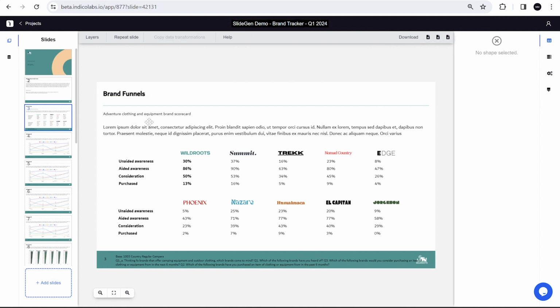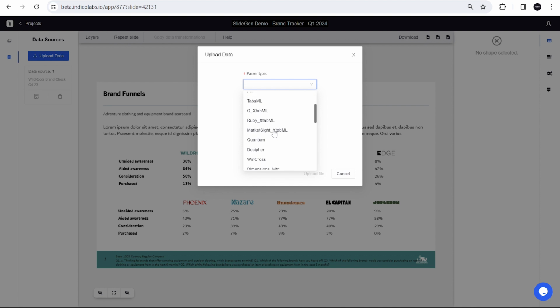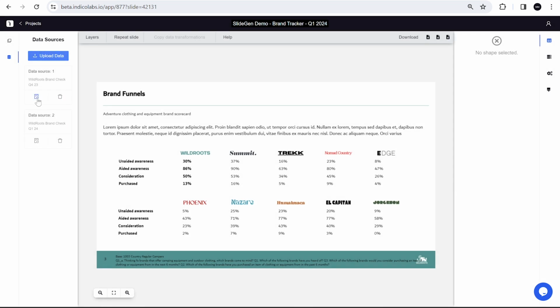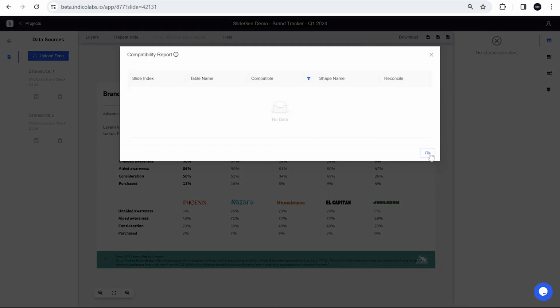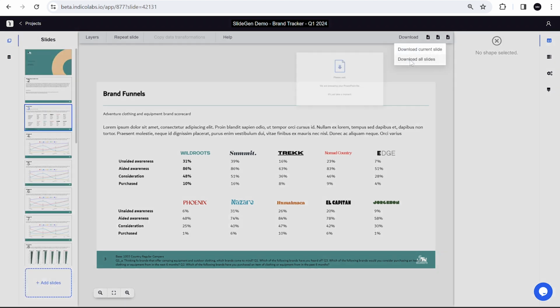2024. Once we've duplicated the project, we can upload our latest set of tables. And we can use this switch data feature to update the whole deck. Before I go ahead and do that, keep an eye on these numbers here. So we have 30, 86, 50, 13. We've switched the data, and now we have 31%, 86%, 48%, and 10. If I download this deck,